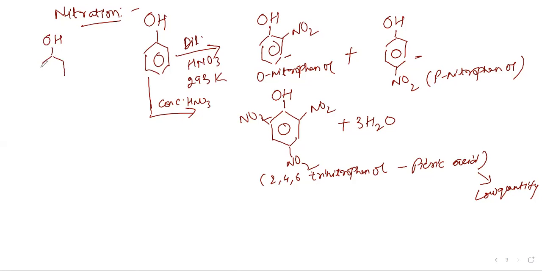This is your phenol molecule. We will take concentrated sulfuric acid at 373 Kelvin. We will get ortho and para phenol sulfonic acid,